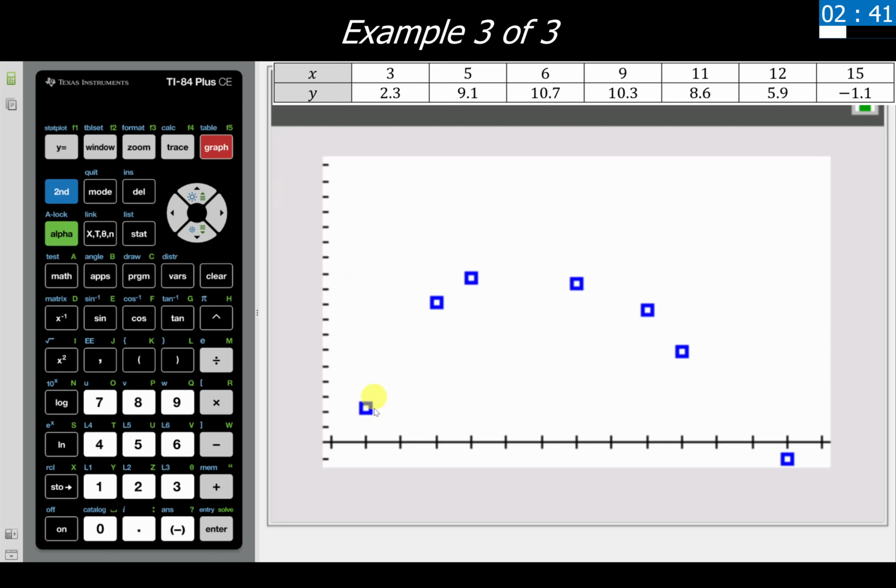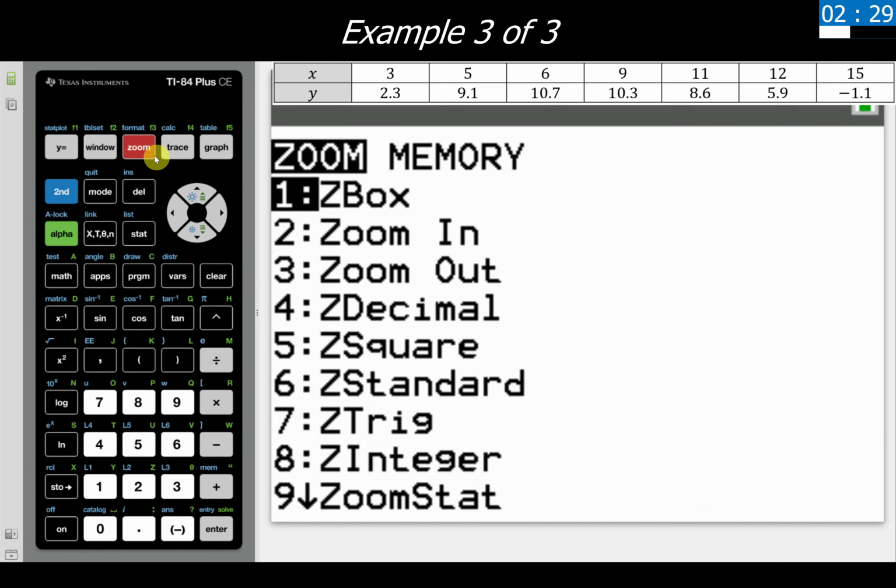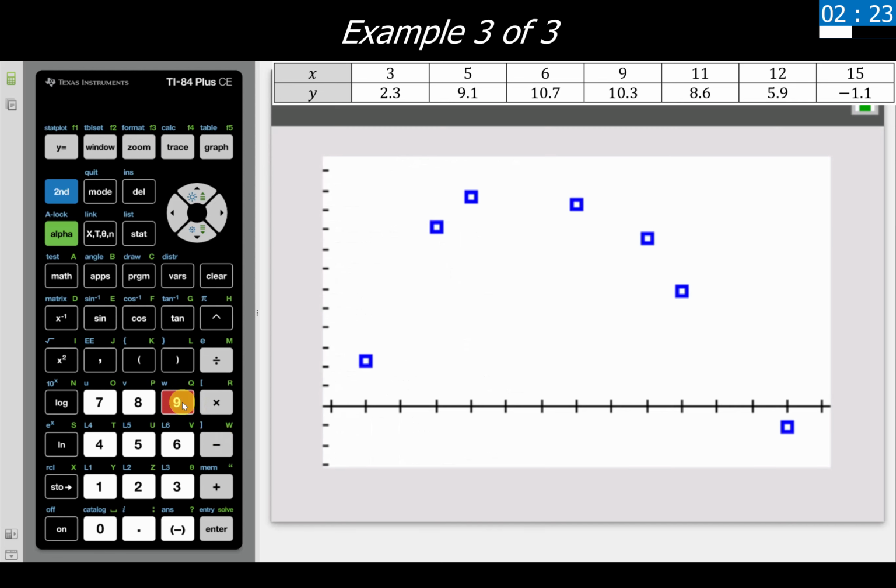We're seeing, okay, it doesn't look too bad there. Let's see if we might be able to adjust it a little bit and see if this gives us a slightly different view on this set of data. Clicking on Zoom, I'm selecting option 9, or scrolling down to Zoom Stat. And let's see, okay, that's a little bit better.